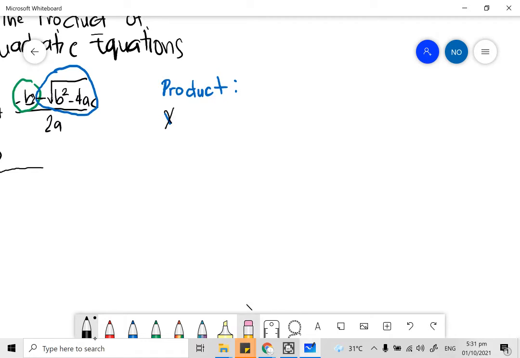Multiply lang natin. Wait lang, ang pangit tingnan. Erase natin to. Okay, so ipag-multiply natin x sub 1 times x sub 2. Okay, product kaya multiply. Multiply natin, ang x sub 1 natin ay negative b plus square root of b squared minus 4ac all over 2a